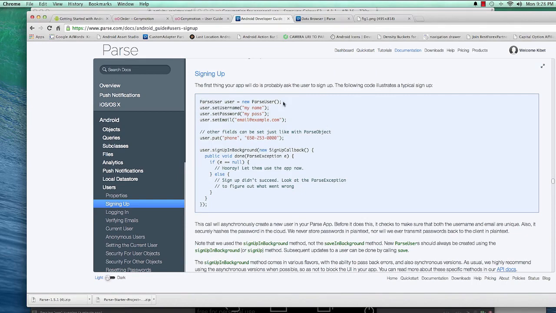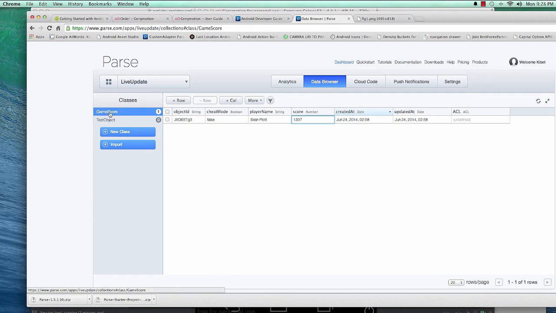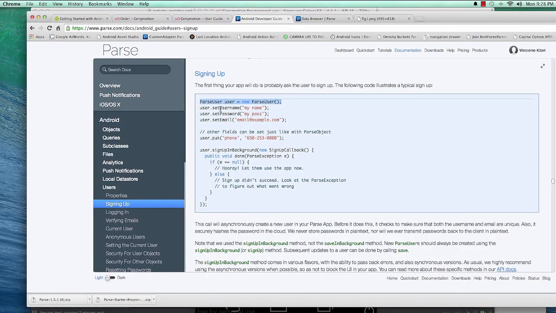Parse user, we create a new user instance, and then it's going to create a user in parse, which is going to look something like this. Then set the username as the name of the person who's going to be entered, the password, set the email, and other information if you'd like, and then sign up in background, which is recommended like we spoke about earlier. So let's just copy this